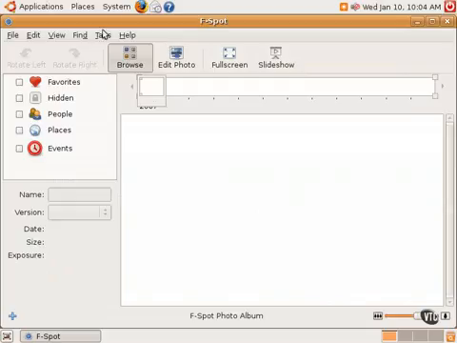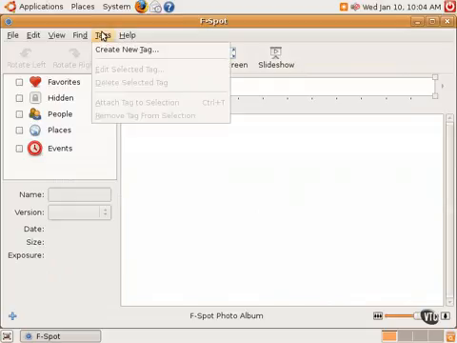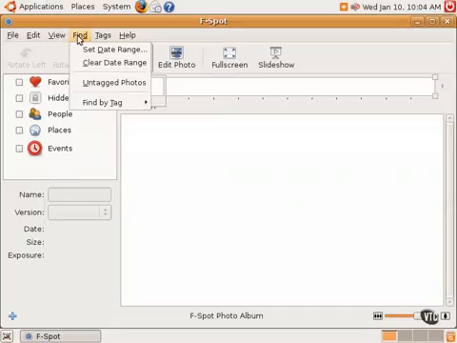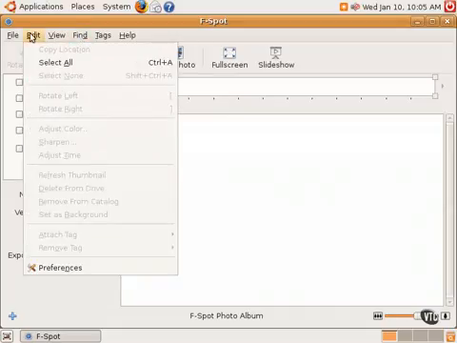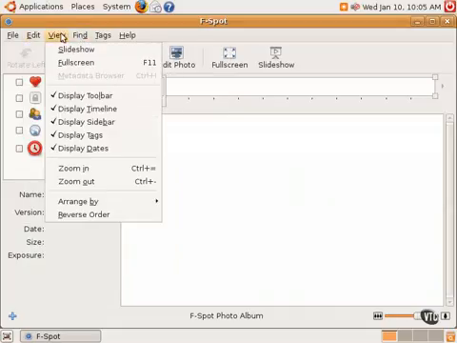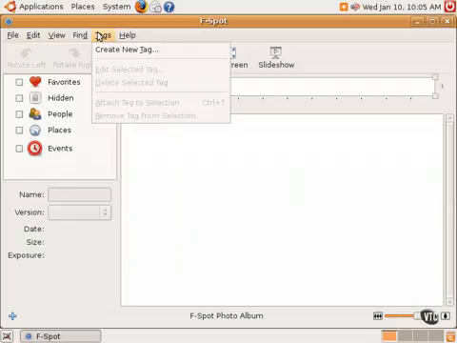F-Spot also has the ability to create tags. Tags are sort of a new way to categorize. Rather than creating a sort of fixed list of categories, one can create free-form tags, and you can create new tags on the fly with new photos, and just simply tagging photos with a handful of words: birthday, party, 2006,